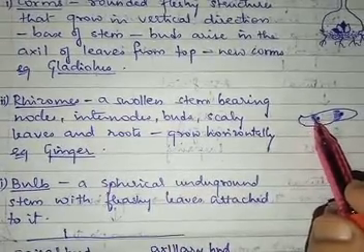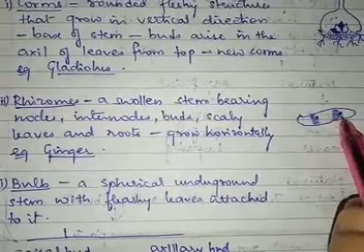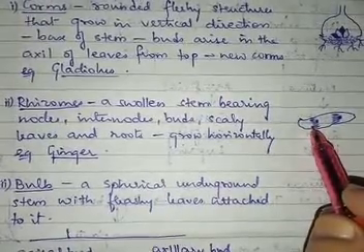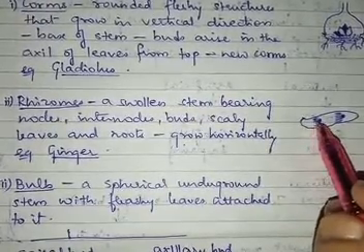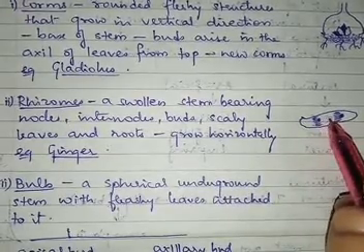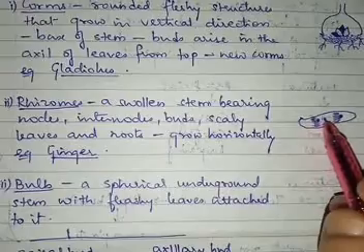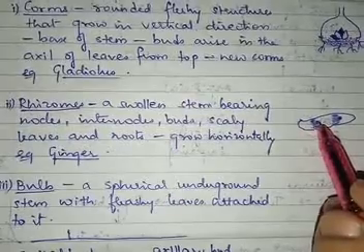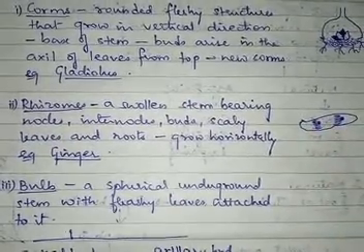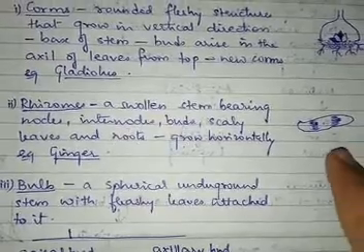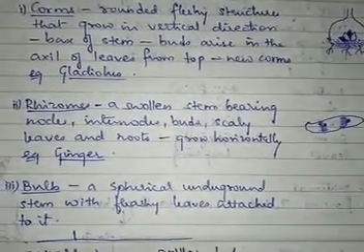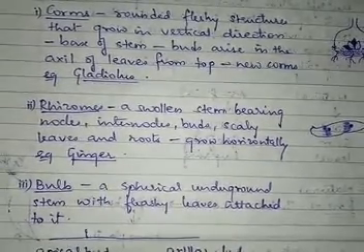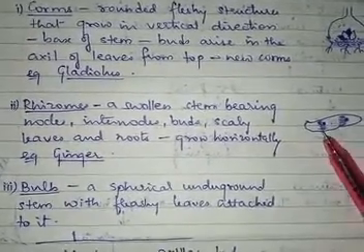See, here you can see the scaly leaves present. So this portion is the node, because we have discussed in our lower classes that the place where the leaves are produced is called the node. So this is the node, this is the node, and this region between the two nodes is the internode. Nodes are present, internodes are present, and scaly leaves are present, and in the axils of the scaly leaves you will find the buds. These rhizomes grow horizontally, on or just below the surface of the soil.